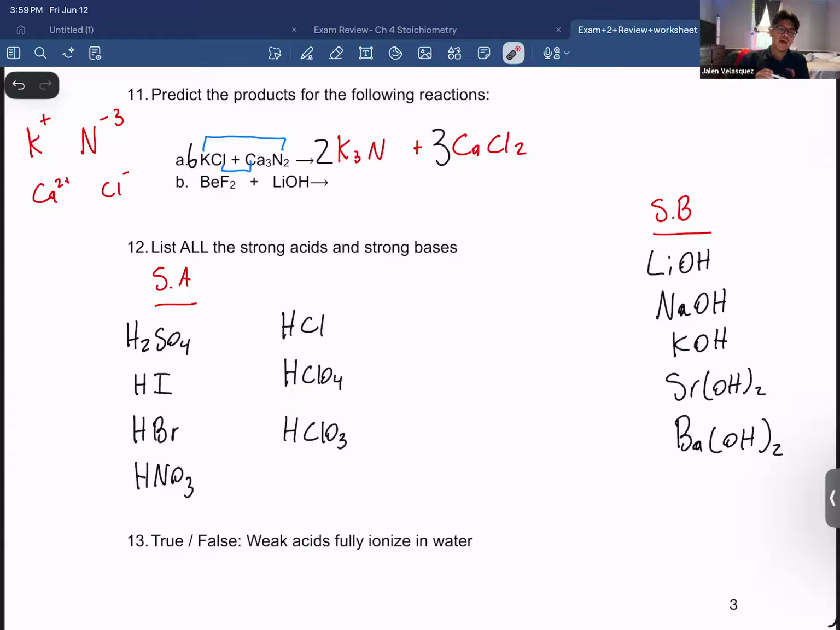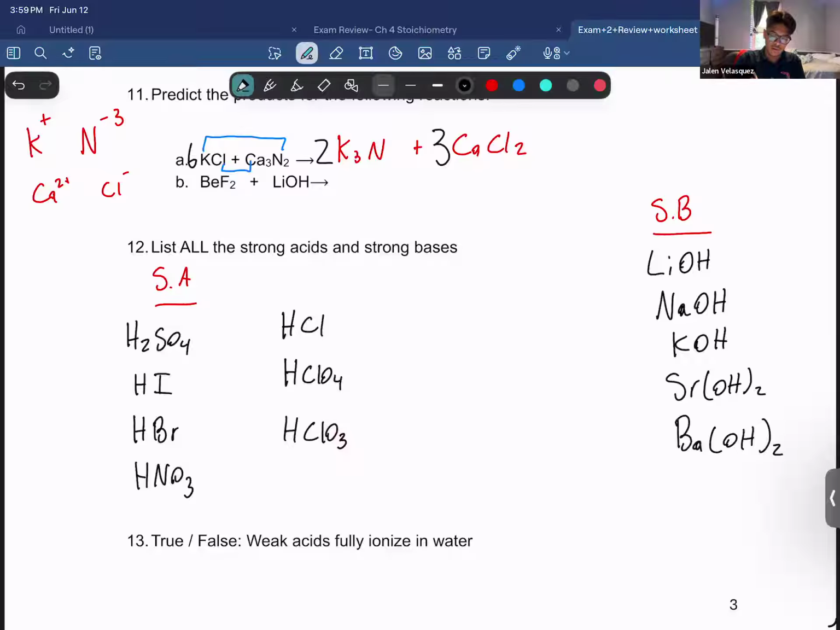Remember our strong acids: we have sulfuric acid, hydroiodic acid, hydrobromic acid, nitric acid, hydrochloric acid, which is actually your stomach acid as well. Then you have perchloric acid and chloric acid. So the saying for the strong acids that I always teach my students